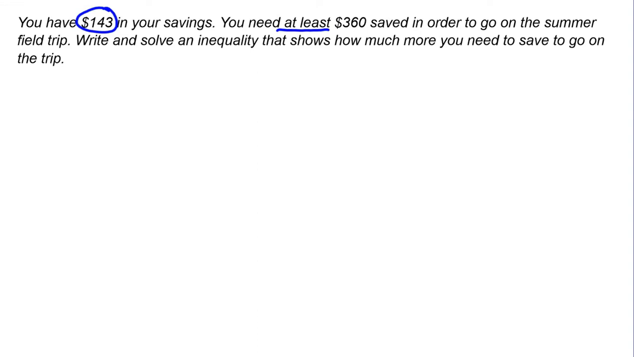So the amount of money I need to save, M, plus the $143 I already have, has to be greater than or equal to $360. So there is my inequality that shows the relationship between the amount of money I need to save and the amount of money I need. And then to solve this,